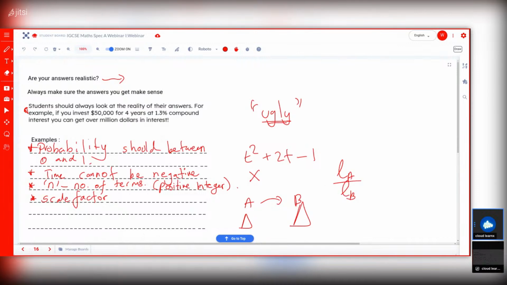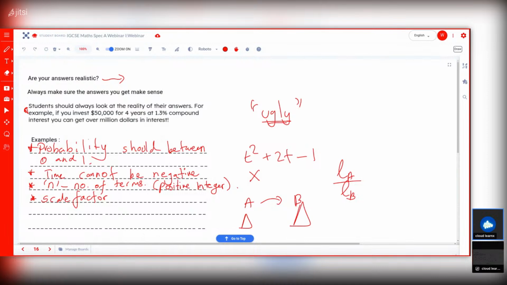Then you can adjust if you had in mind that realistically I'm going to get a larger value than 1, right? So yeah, these are some things, as you try questions,